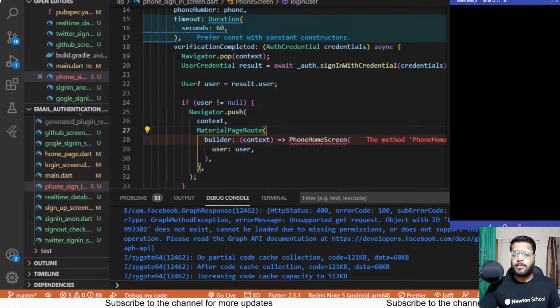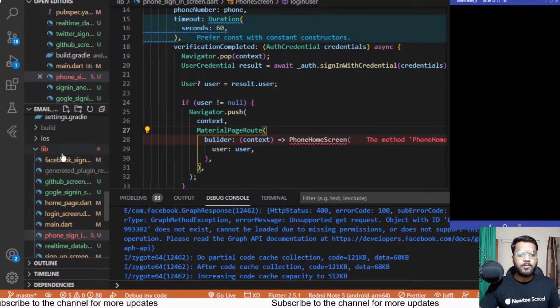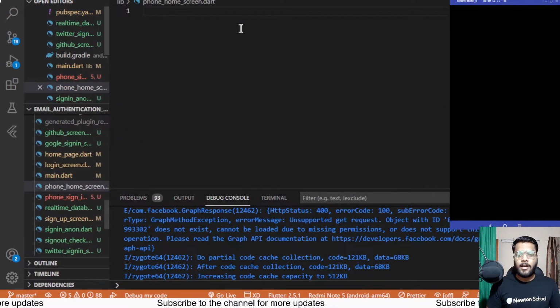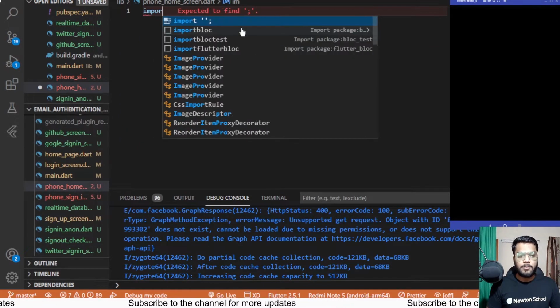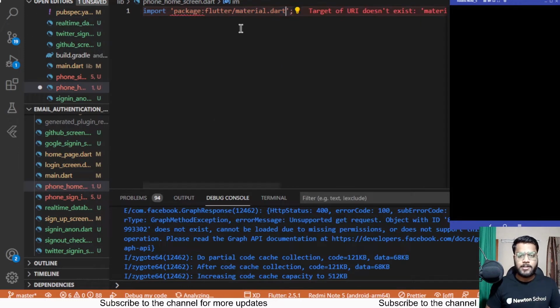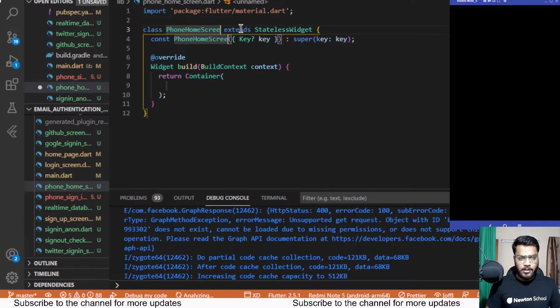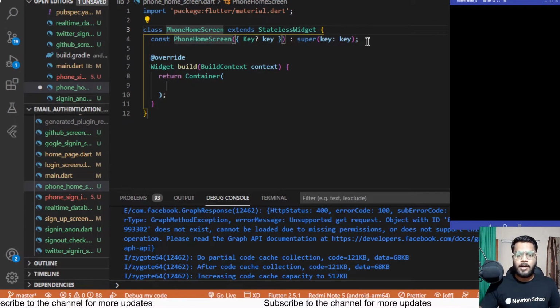So let me just quickly create it, as it is not a big thing, and we are having small things only inside this phone number home screen. So phone_home_screen.dart. It will be another stateless widget class. So importing material.dart at first, stateless, having a name as PhoneHomeScreen, and deleting this,